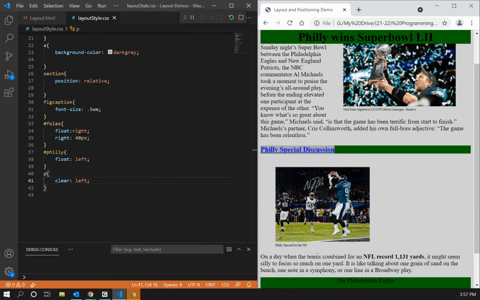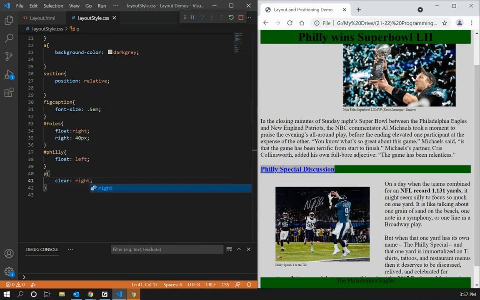So when I clear left of the paragraph, it means any paragraph that comes in contact with an element that's been floated left will no longer wrap with that element. It will only wrap around elements that are floated to the right, but it will not wrap around elements that are floated to the left. So if I change this to right,